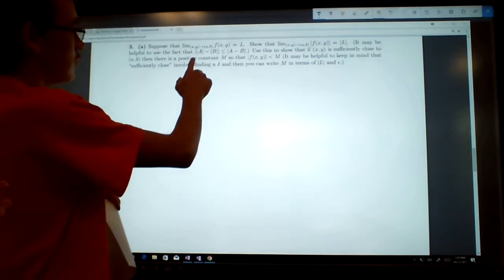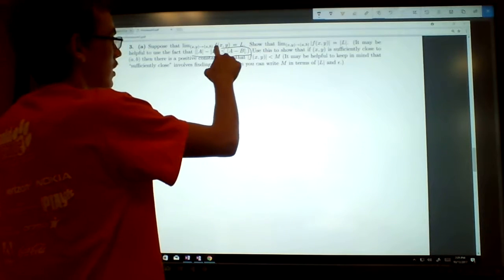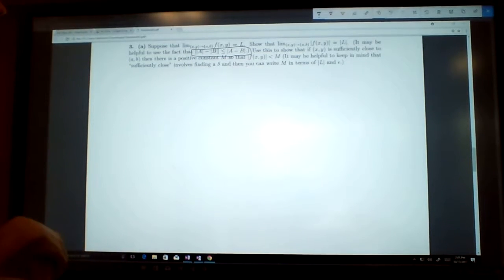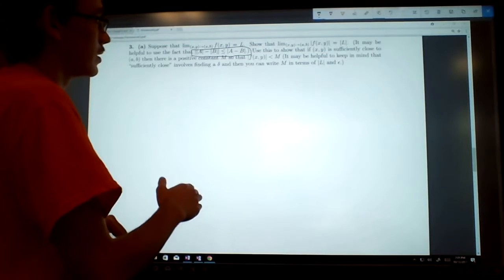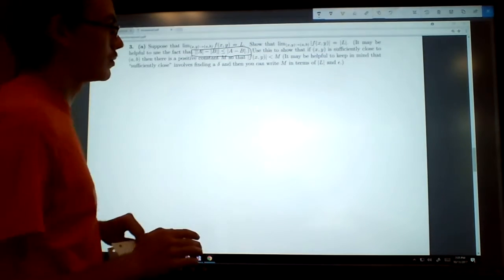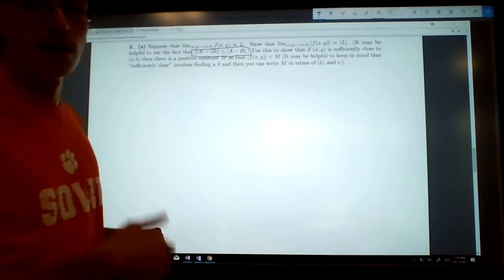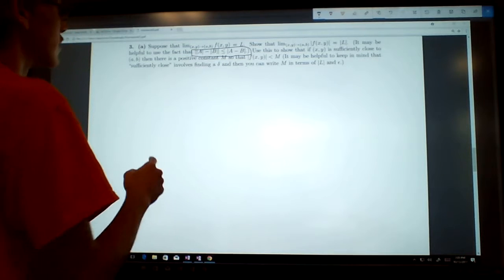It may be helpful to use the fact that the absolute value of the absolute value of a minus the absolute value of b is less than or equal to the absolute value of a minus b. So we're going to start with this, and then use this to show it. We need to figure out what we are using. So, first of all,